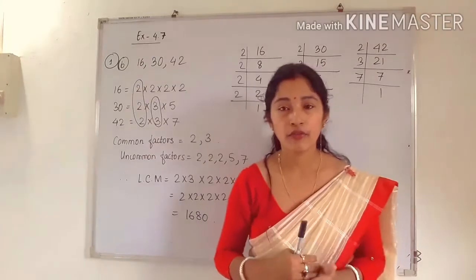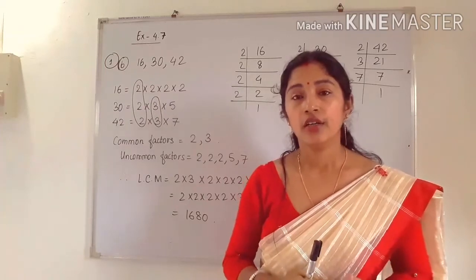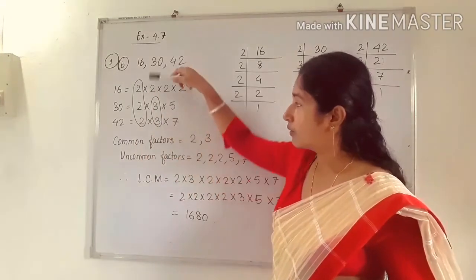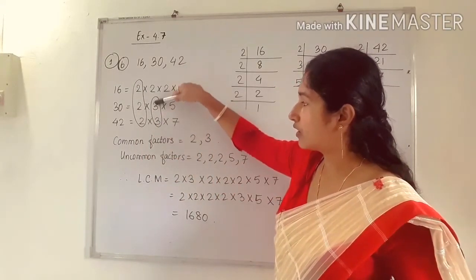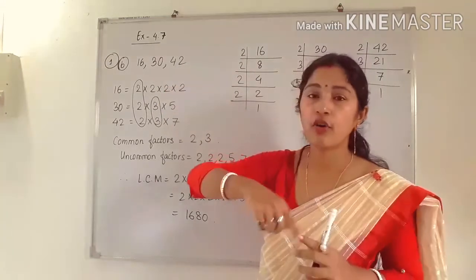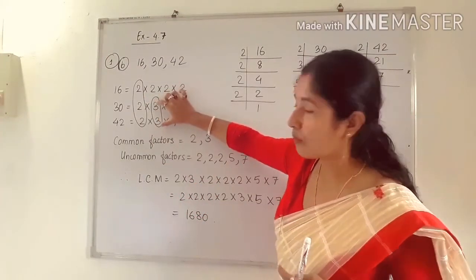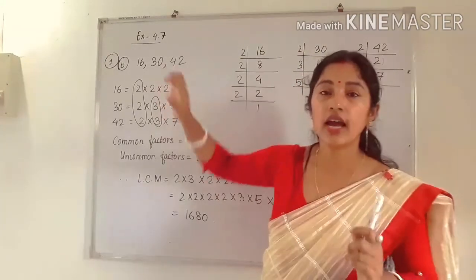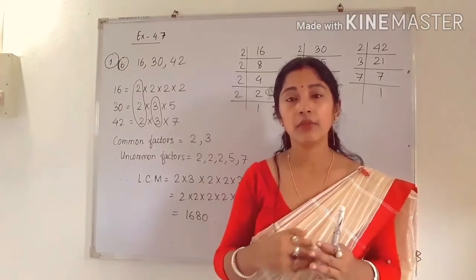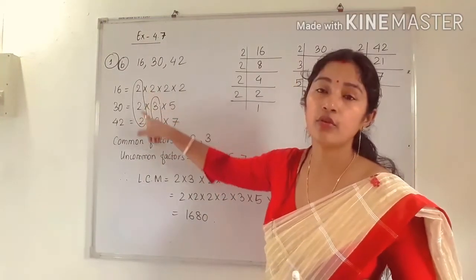Now you have to see the common factors of the numbers. First, 2 is common between the 3 numbers, but between the 3 there is no other common factor. So now we have to check for a common factor present between 2 numbers. Here 3 is common between 2 numbers. So don't think that you have to take common only from 3 numbers. There may be some common factor between 2 numbers also. So 3 is common between these 2.